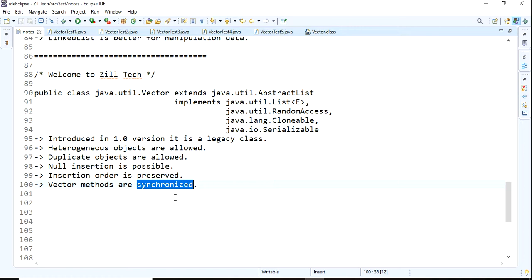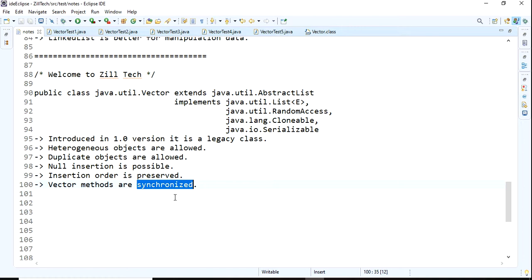And one more thing: with the release of the Java 2 version, from 1.0 onwards, we had vector and stack. With the release of Java 2, vector was re-engineered to extend AbstractList.